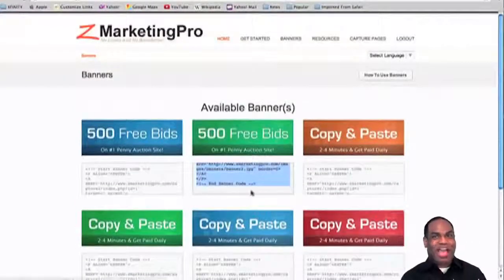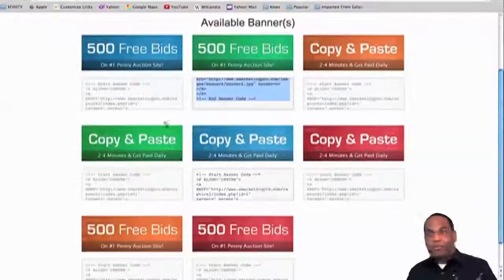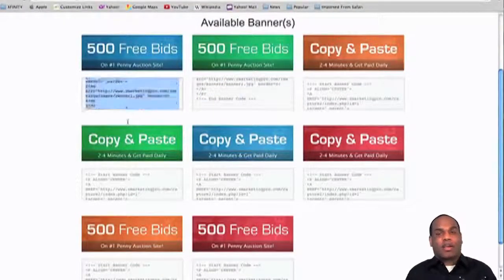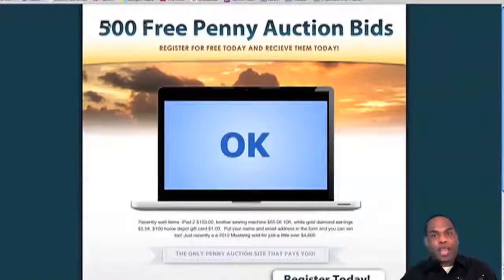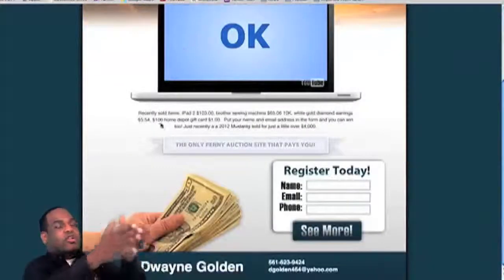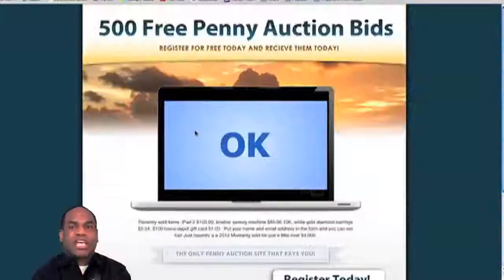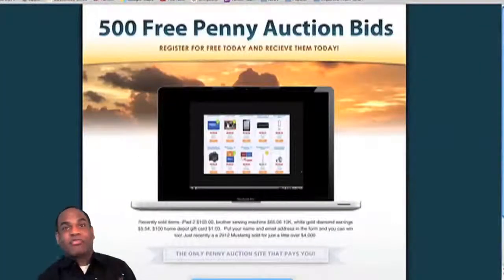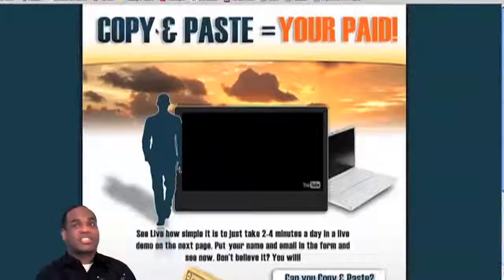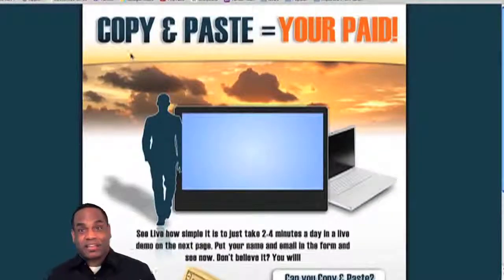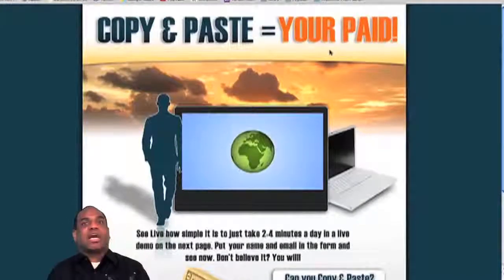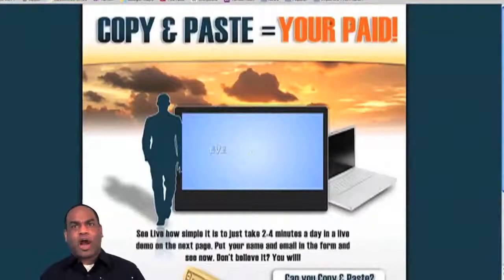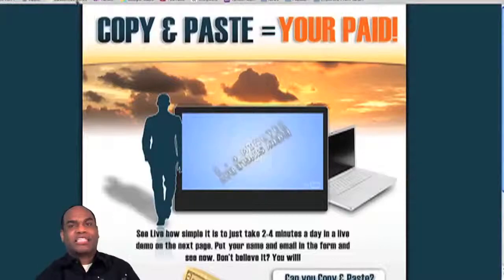It gets better than that. Finally, the capture pages. Well, we have two different categories. Currently, we kick off Z Marketing Pro with two capture pages. One focused on getting people to sign up for their free bids, and when they do that and get their account, they become your customer, which is great, which is how this business works. Secondly, we also have a capture page that's designed around you building up your matrix, your 2x5 matrix. Why? So you can build that ongoing passive residual.